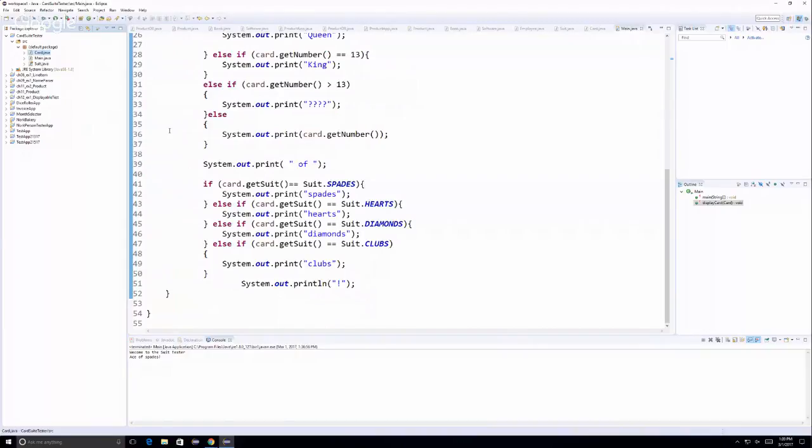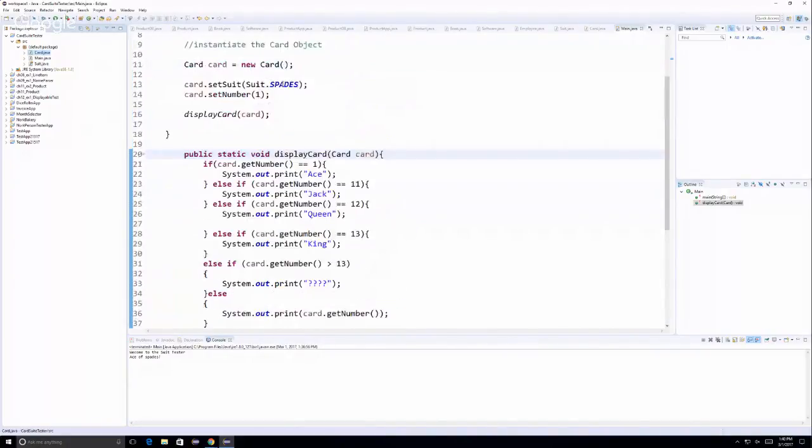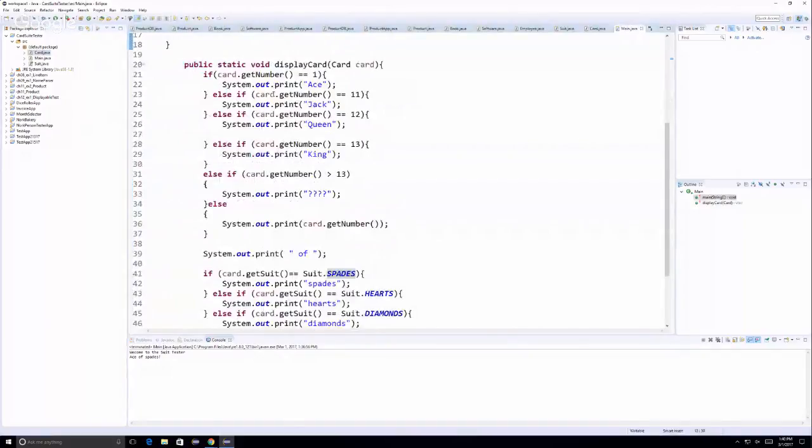I'd like you to try changing this code now. The way this was done in the main, we hard coded the values of the spades in one, and that's what we're seeing when you run the console, but I would like you to change it so that you now generate those numbers. I would like to generate the card number and the suit number using a random number generator. So take time to talk to